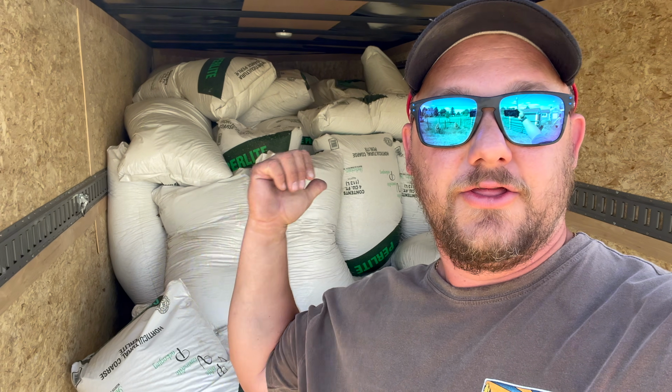This is like 3 pallets worth of perlite that I'll throw in the greenhouse. I know some people don't like it. I like it. And for the cost of free, I like it even more. And this is maybe half of what they had. So when it's not 100 degrees outside, I'm going to unload this, and I'll probably go back on Friday and get some more. Not only did they have a whole trailer load full of